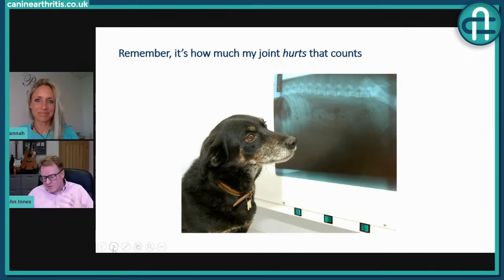But I guess, just to end that little discussion by saying that, as vets, often we look at X-rays and images, and we look at the pathology of arthritis and how much damage there is to the joint physically. But actually, from my point of view, it's all the stuff you can't see that's important, which is all of that stimulation of the pain pathways. It's how much the joint hurts that's important to the patient, not how much change there is on an X-ray. So X-rays are useful tools to give us a diagnosis, but they're not useful in terms of staging the problem and telling us how bad it is.